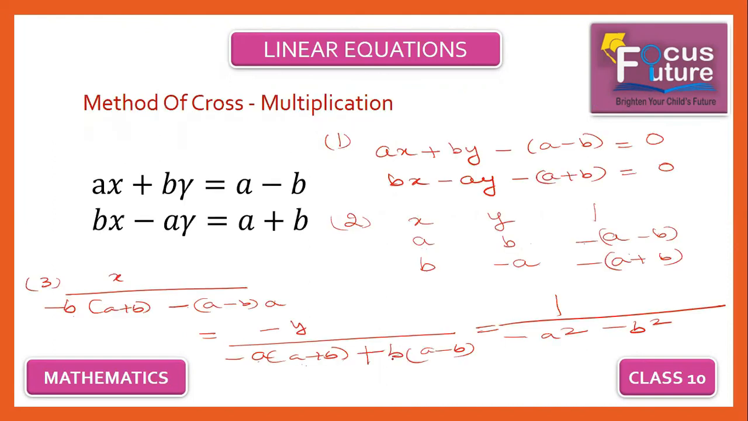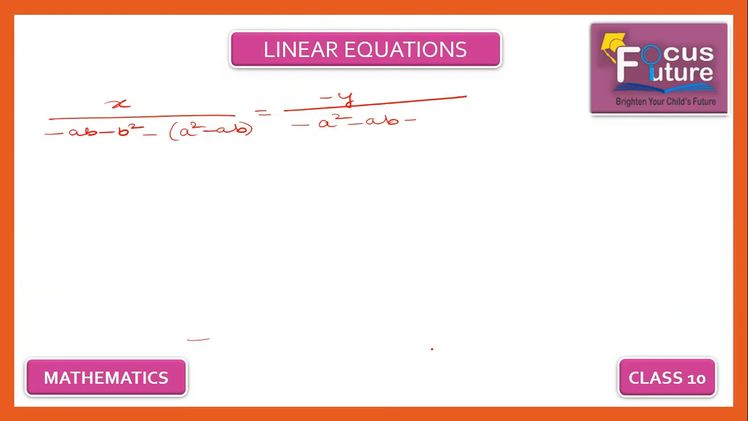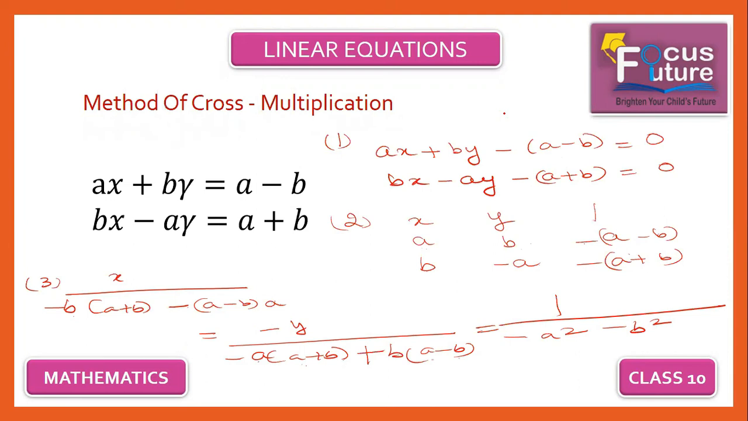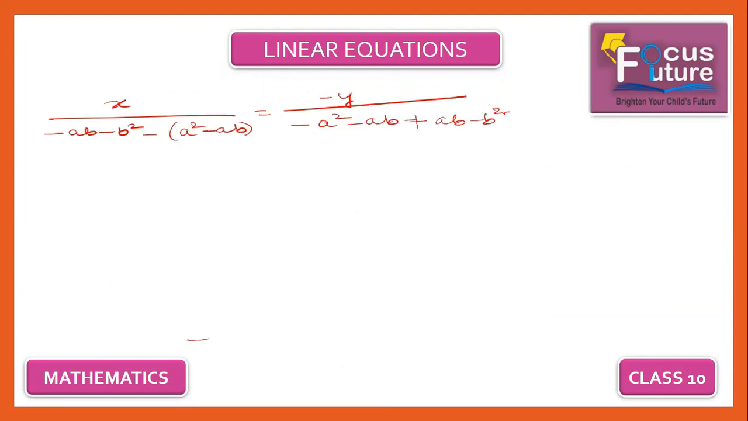b into a minus b. So it would be ab minus b square. So we don't have minus, we have plus ab minus b square, right? ab minus b square, and 1 is 1 divided by minus a square minus b square. So take minus outside and you are left with a square plus b square. So this would be x divided by, solve this, minus ab plus b square minus a square plus ab, that